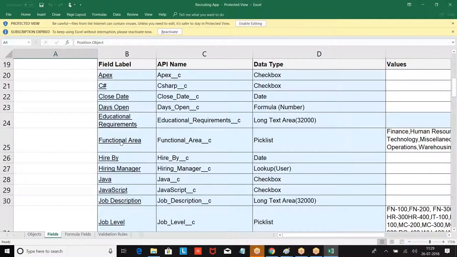Okay. Then we had functional area, pick list. The pick list has a lot of options. Functional area, pick list we had.